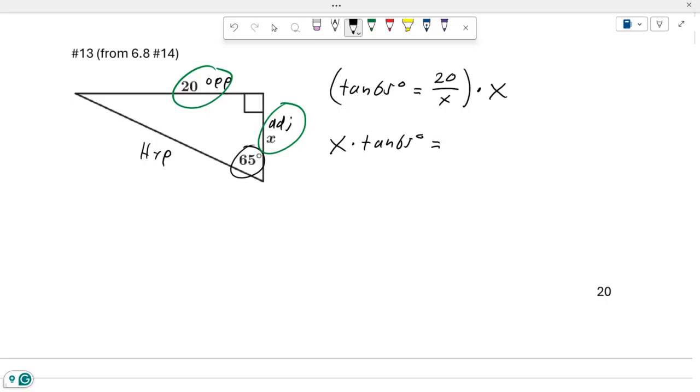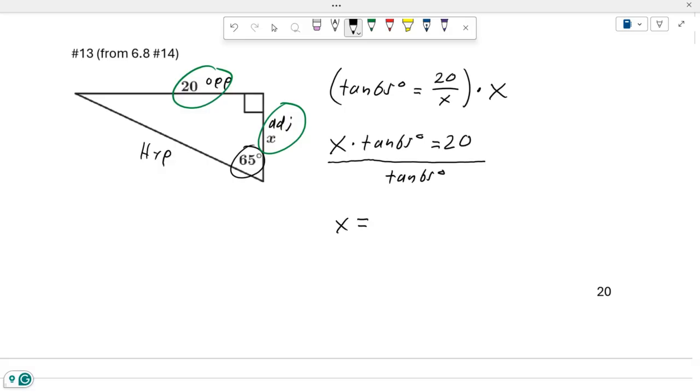And then on the right, your x's cancel because you're multiplying by x, but you're also dividing by x, and so they go away, and you're left with just 20. All right, so we've made some progress because x is now no longer in the denominator, but it's still not by itself. You want to get x equals, and it's being multiplied by the tangent of 65. Well, to get x by itself, you want to get rid of the tangent of 65, and because you're multiplying, you can get rid of it by dividing. Those are inverse operations. So we divide the whole thing by tangent of 65,